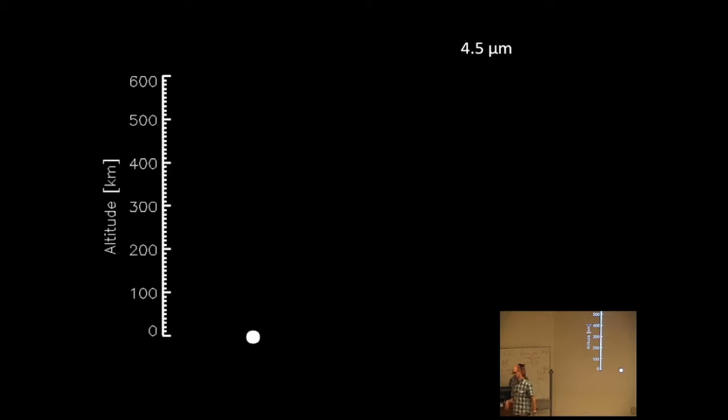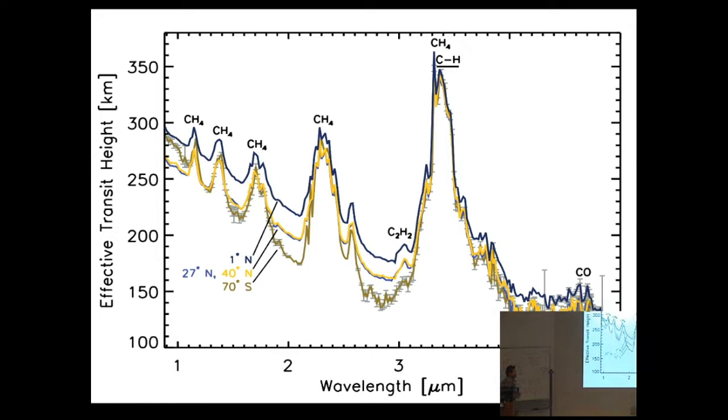Okay, I'll keep going. So we picked Titan because Titan is the quintessential hazy world in the solar system, so we wanted to know what a hazy planet in the solar system looked like in transit. So these are the transit spectra that we got for Titan. Cassini repeated these observations on 4 separate occasions, and so I'm showing you those 4 different transit spectra that we derived.